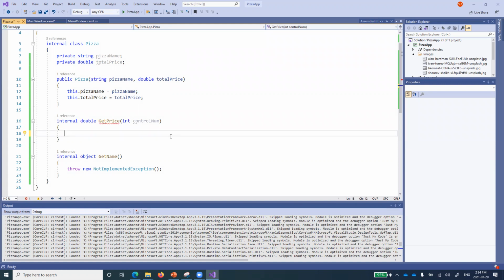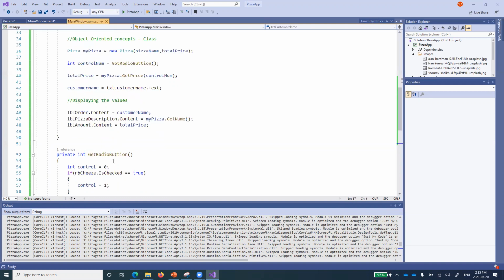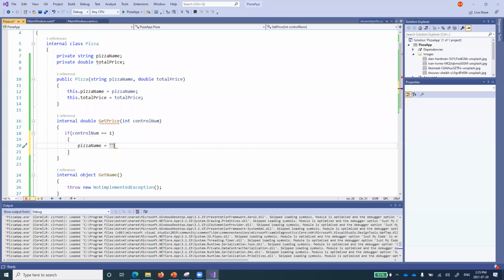You see here what I'm doing. So get price, I want to see the get price. So I say if control num equals 1, you see what I want. I want pizza name equal to what I have set up for the 1. Does anyone remember? For 1, it has to be cheese pizza, right? So set up its name to cheese pizza, for example.